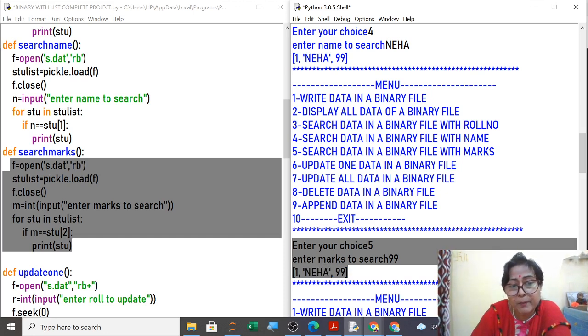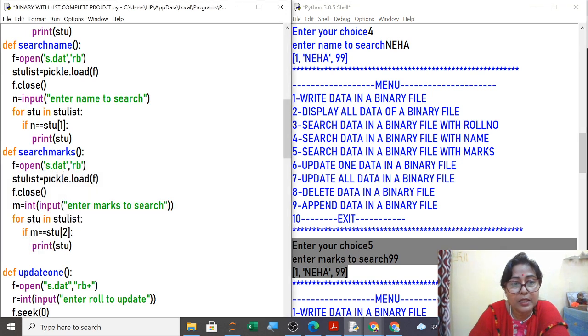Now if in question paper they give you more than 90, directly I have written here 99, and here also I have written equals to 99. I am matching with this. But if in the question paper it is given that display the student details who got more than 90, so what you have to do, more than 90 means you will not take the marks from user. I will show you that also.